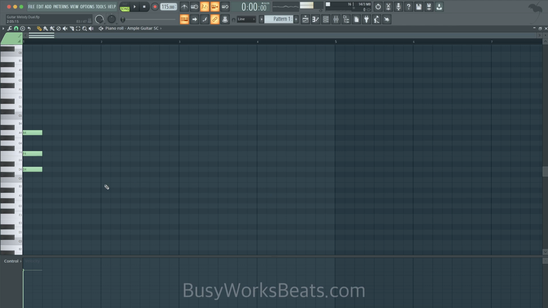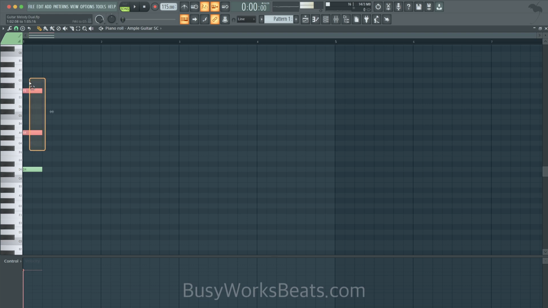And I'll show you a trick to guitar that is a little bit different because we're not used to having instruments that are voiced differently than a piano. So the first thing I'm going to do is take this middle note and pull it up an octave. So we're going to hit Control up. And it gives it a different what's called voicing. So instead of this, where all the notes and frequencies are the same, we're going to pull up this middle note so that we have 3 different frequency ranges.